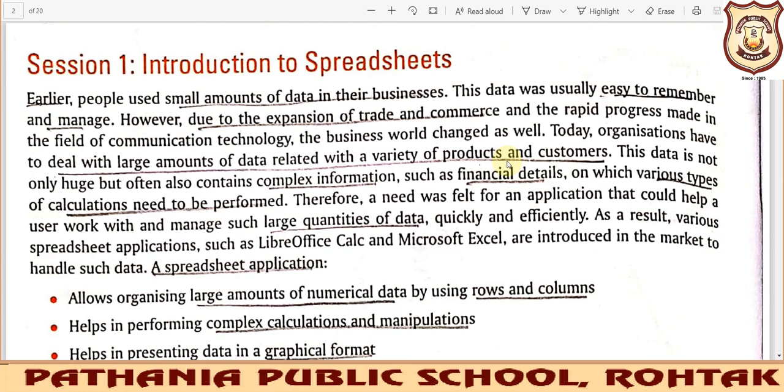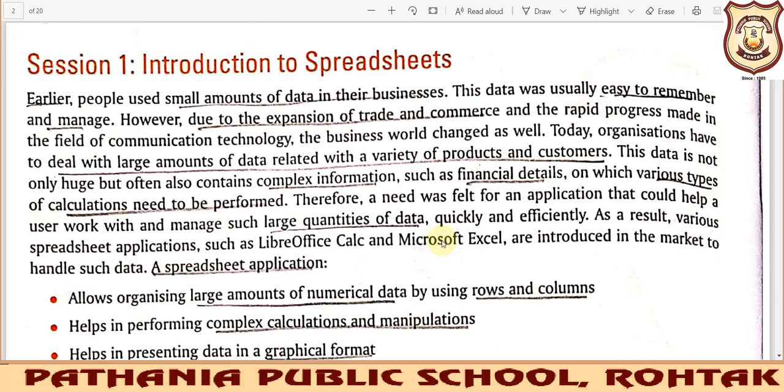So we need to store a lot of data, and if the data has to be stored in the form of tables, then we go with software like MS Office, LibreOffice, OpenOffice, and many others, like Online Office given by Google. We have to select the one we are comfortable with.